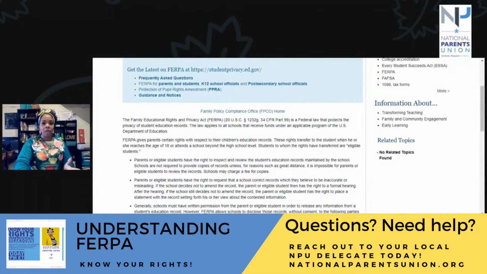So talking about FERPA, y'all, talking about understanding your FERPA rights, and what is protected information. Let's talk about what protected information is. FERPA, sorry if I didn't say it, is the Family Educational Rights and Privacy Act. See right here. You can look this up. I always say fact check. If you type this into your search bar, you should come up with your FERPA rights, okay?